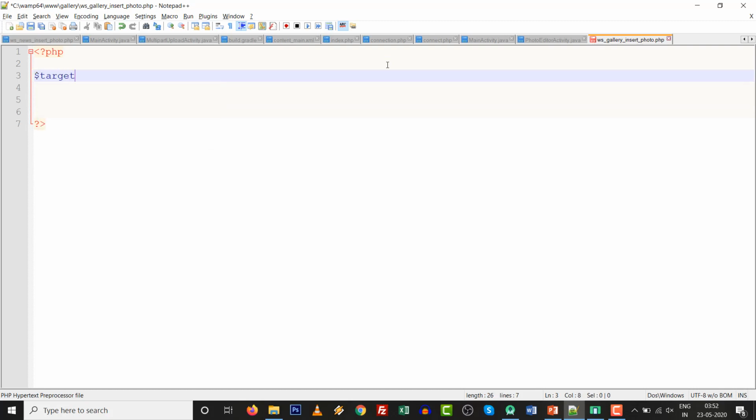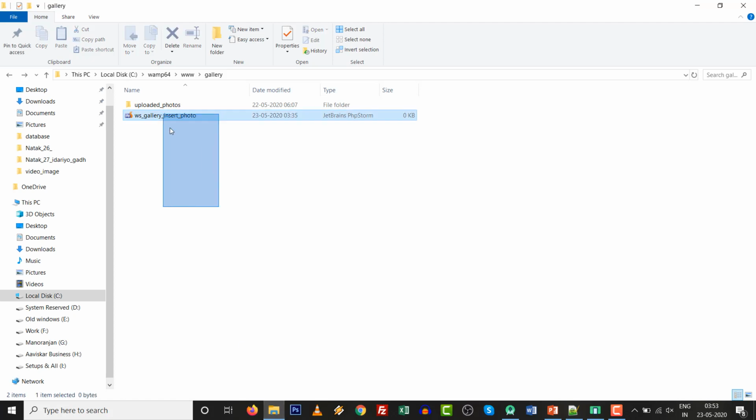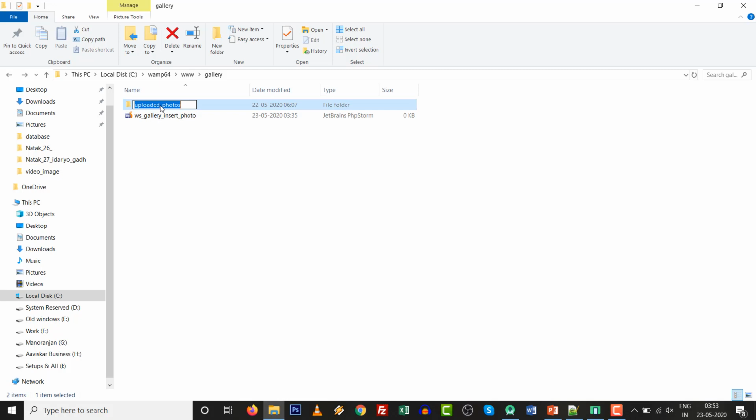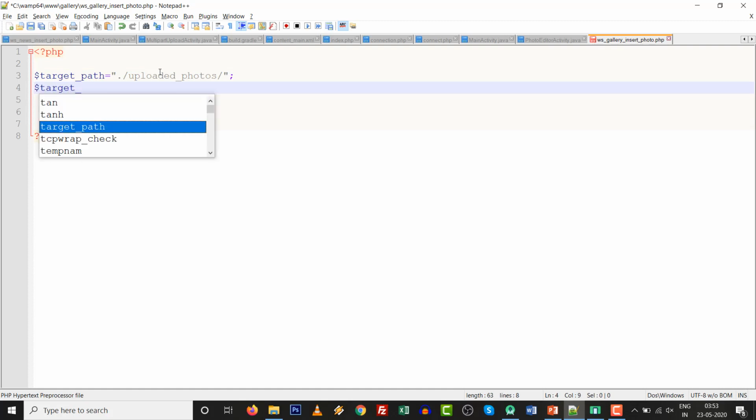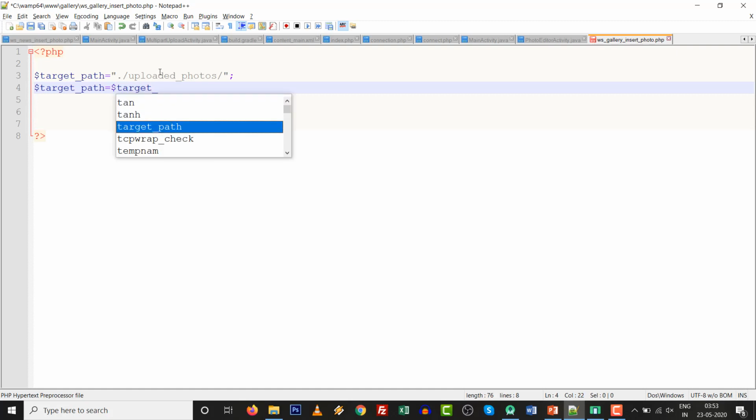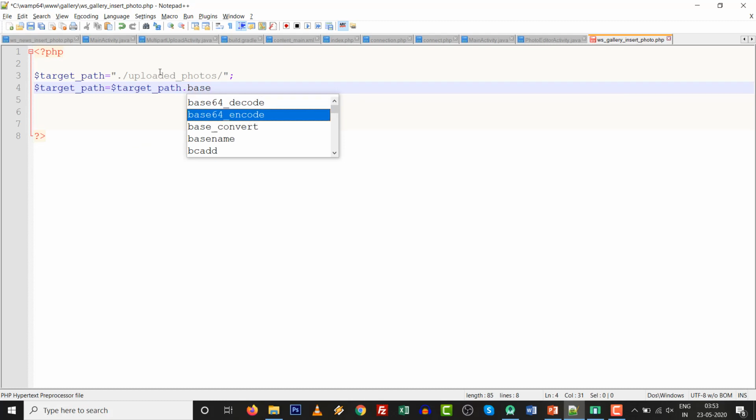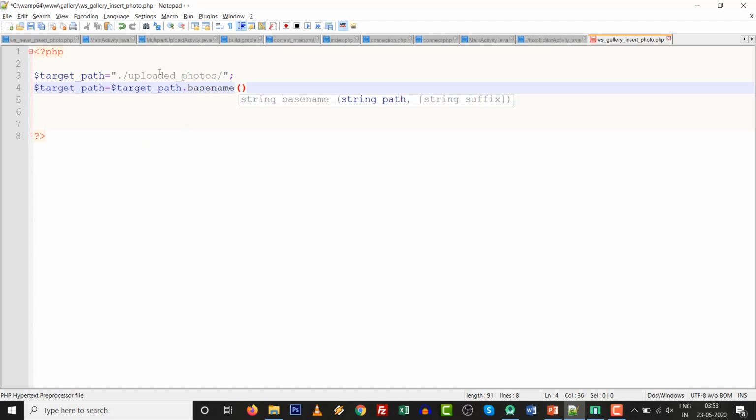Give the name target_path equals to, if you want it on the same level, then dot slash uploaded_photos. Make sure that this is the base name, which is the name of your folder. You may also rename this one, or copy this code and directly paste it over here. Make sure the changes are the same as in the file. So this is the target path, and we need some more variable initialization: target_path equals to whatever the previous target_path,